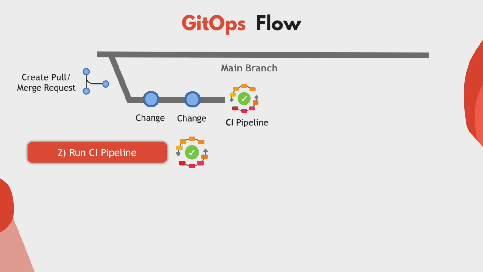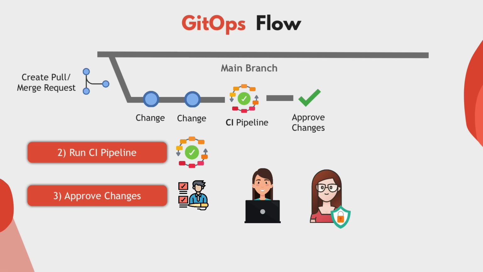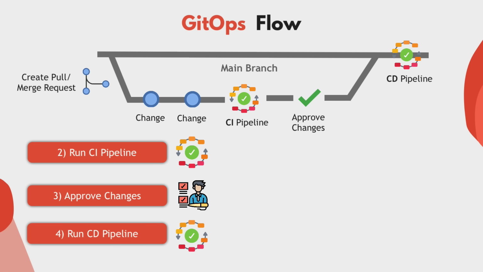After testing these commits, other team members can approve the final changes. This could be developers or security professionals or other senior operations engineers who will review and approve the pull request. This way you have a tested, well-reviewed config changes before they get applied in any environment. So only after that, changes will be merged back into the main branch and through a CD pipeline get deployed